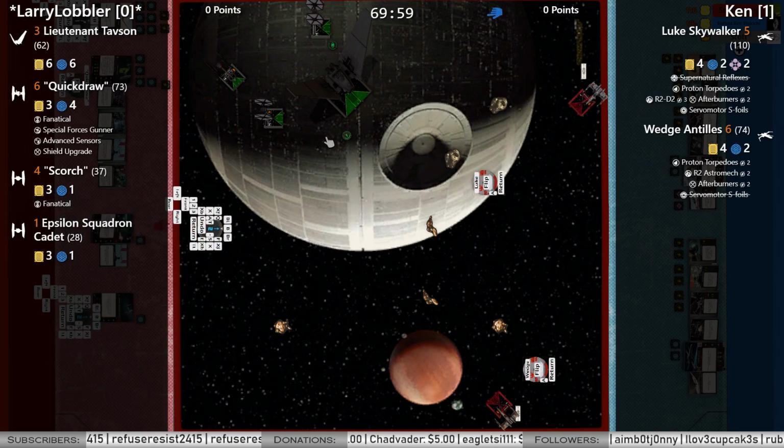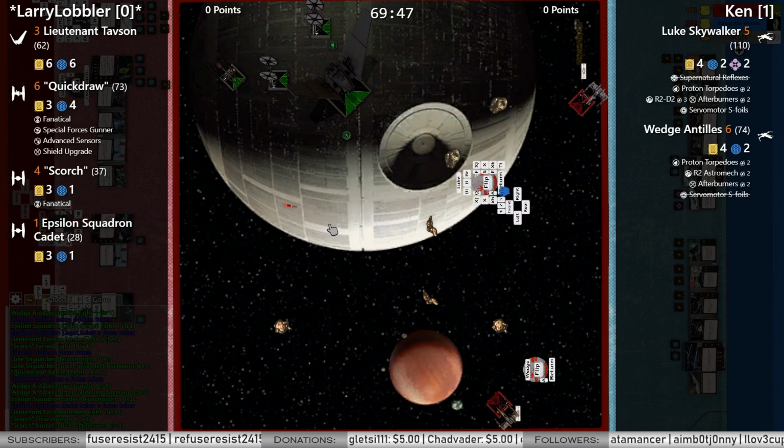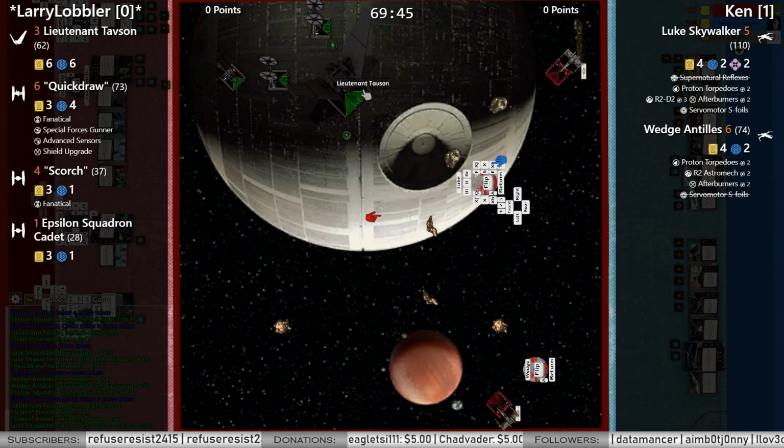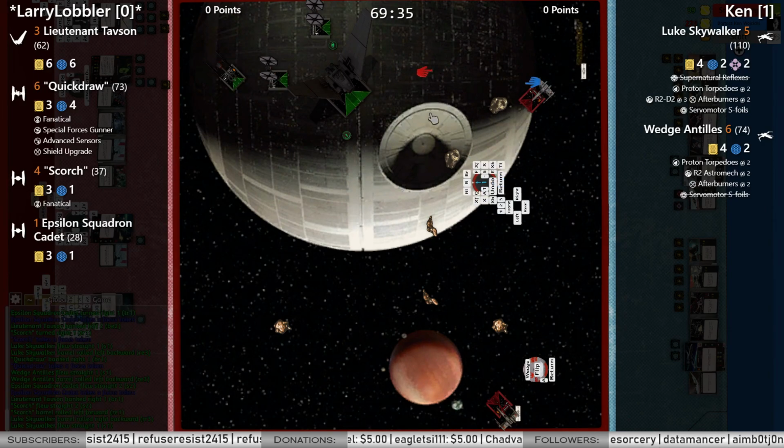Alright, so Tavson moves up, reinforces the 4. Who do you pick as your first target here? Tavson's definitely putting himself out there. But I don't know that he's as much of a threat as... Tavson, he's not carrying a whole lot of support. If you shoot him, he does get to give support or make his attacks stronger. So I think you sort of avoid Tavson and try and work on these TIEs, because Tavson alone,